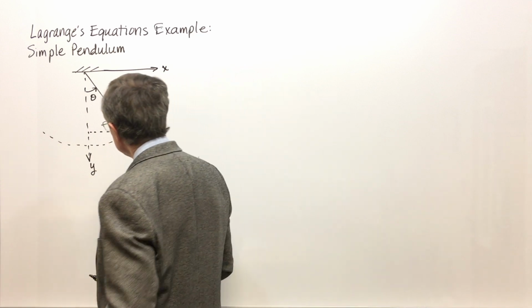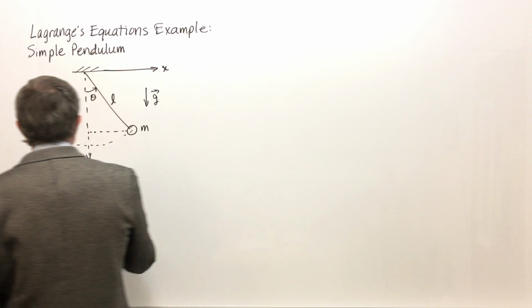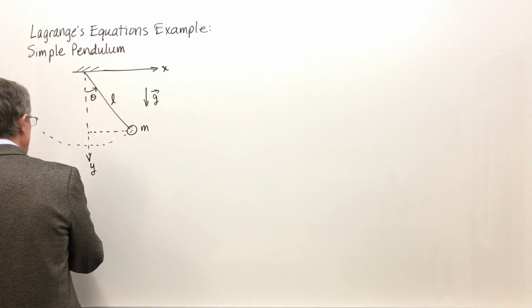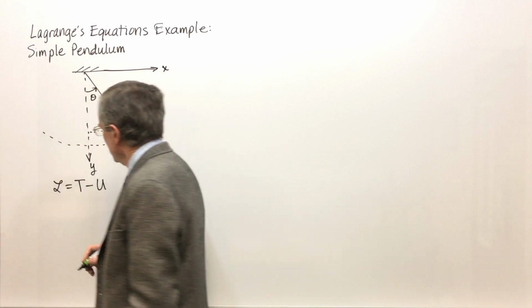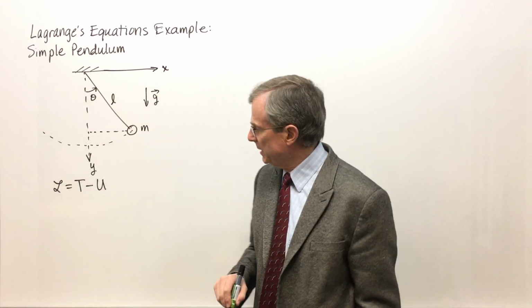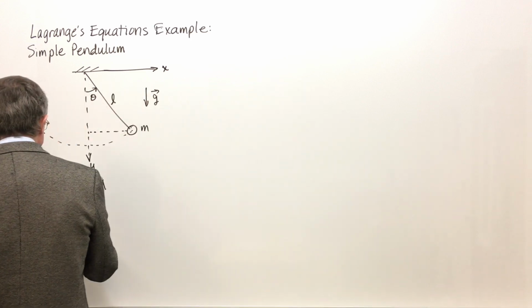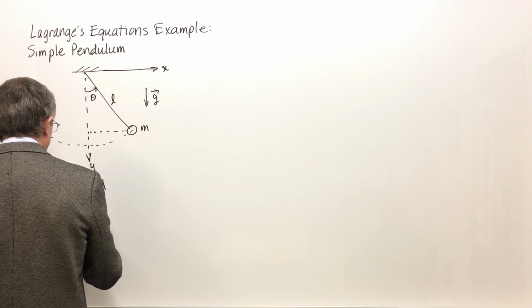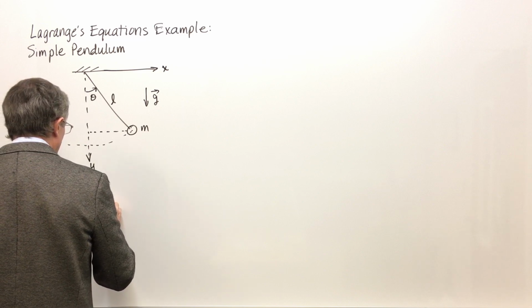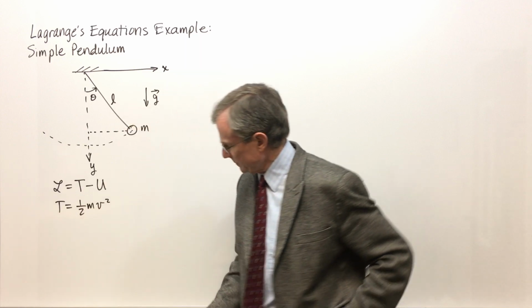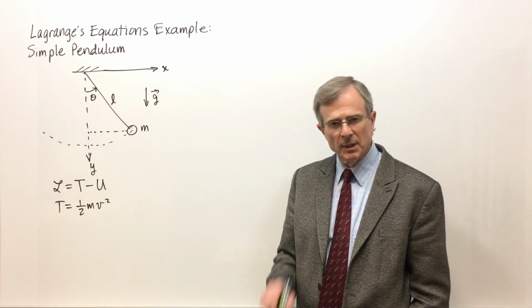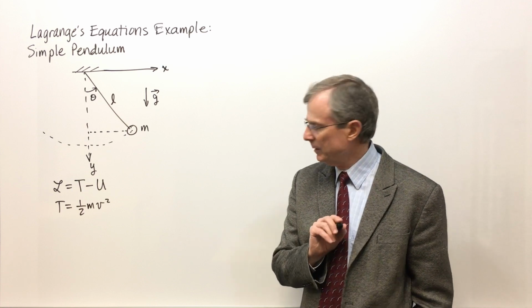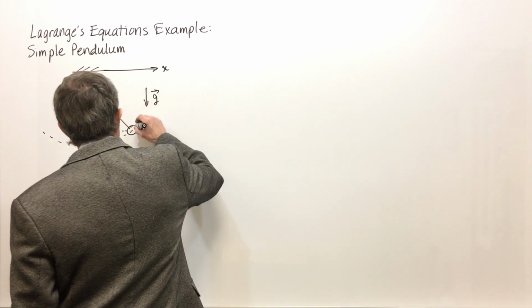When you think about the potential energy of this, we're going to need the Lagrangian. And for the Lagrangian, we need the kinetic energy. I'm going to teach you two ways to get that kinetic energy, the dirty way and the clean way. The dirty way is to say